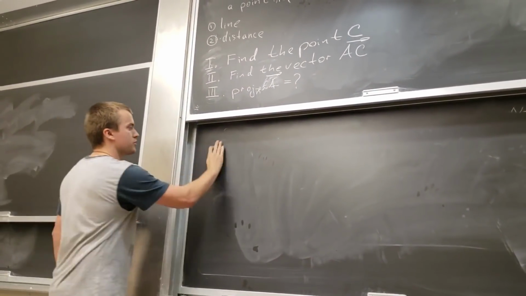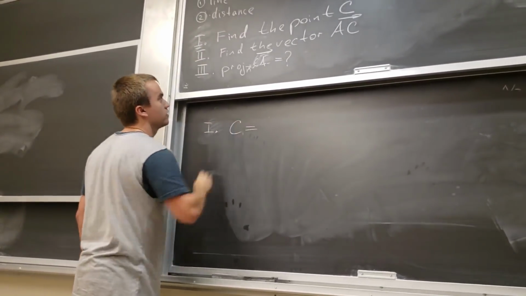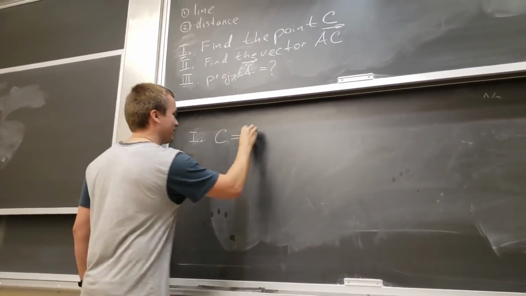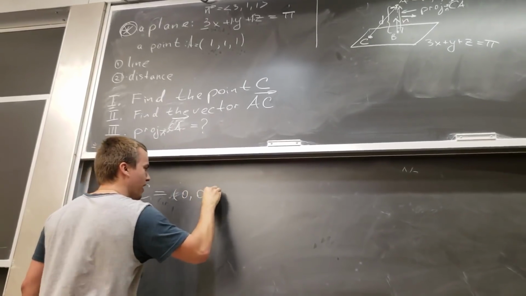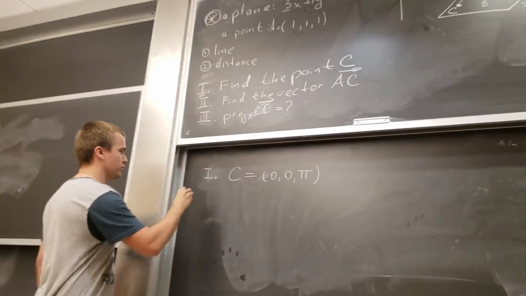So let's approach this problem. For step 1, we want to choose any C. So what C can we choose? 0, 0, pi. Perfect. So this is a point, 0, 0, pi. So step 1 is done. Good. For step 2, we want to find the